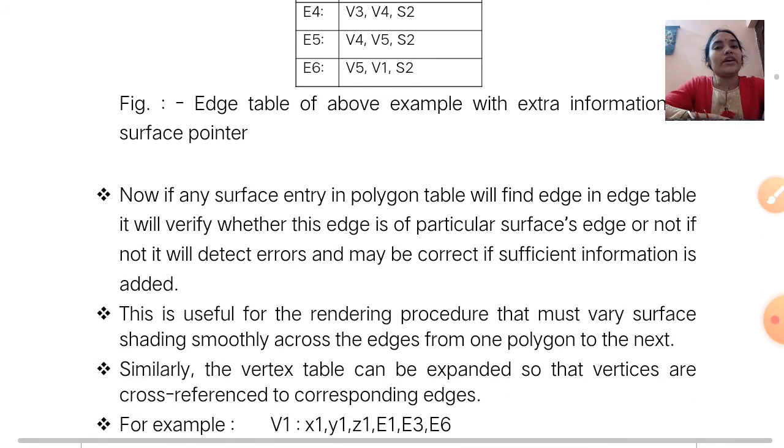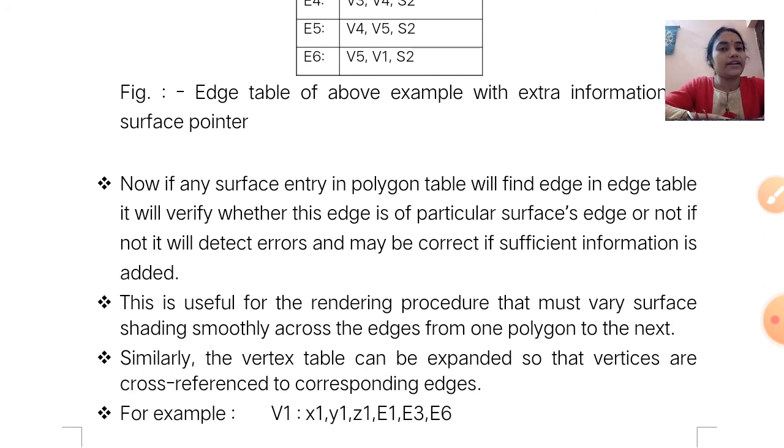Now, if any surface entry in the polygon table finds an edge in the edge table, it will verify whether this edge is of the particular surface or not. If not, it will detect errors and may correct them if sufficient information is added.